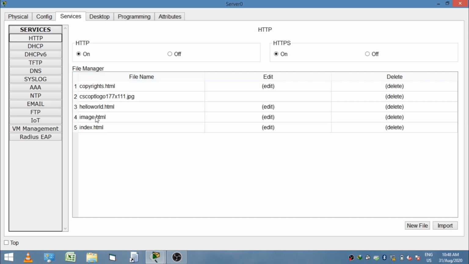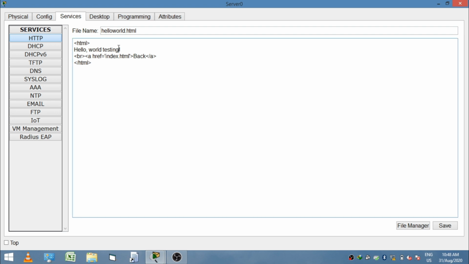Now I change the HTTP page helloworld.html of the DNS server, and here I write wireless LAN controller and then click on the save button.